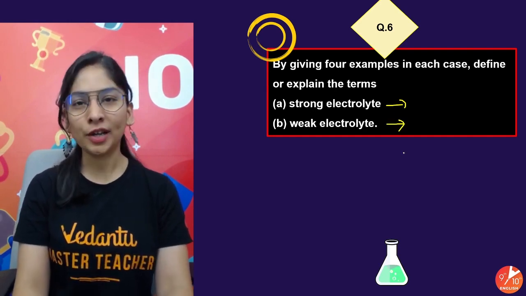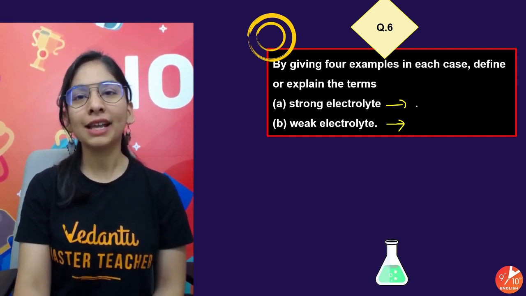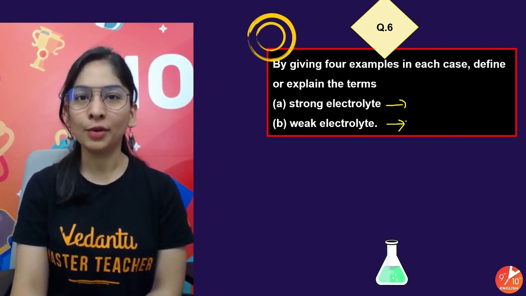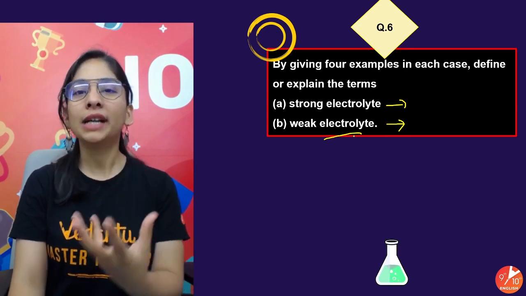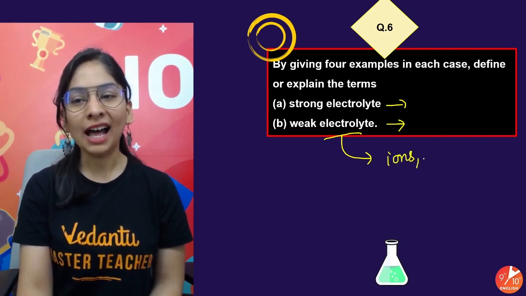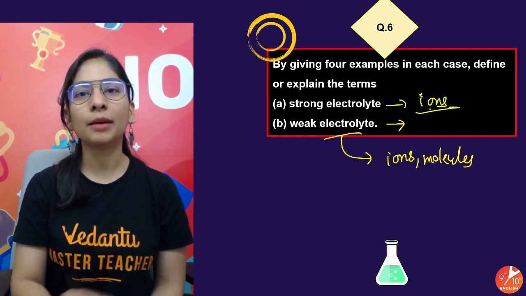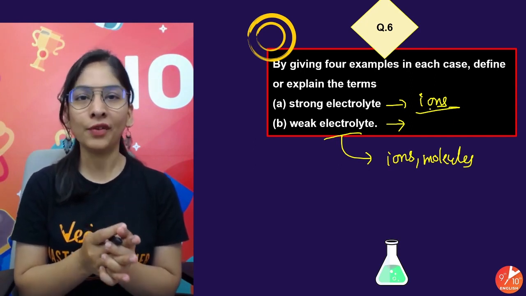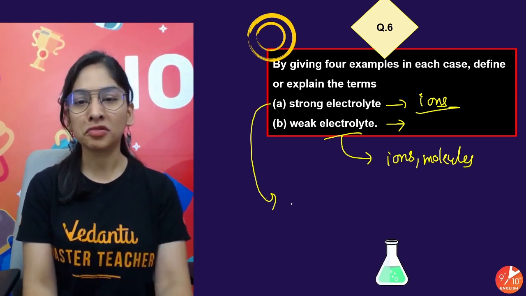Again, that's not a difficult question to do because somehow we already got to know about the same. Strong electrolytes are the ones that are almost completely dissociated in the form of ions, and weak electrolytes are the ones that are not completely dissociated, more like partially dissociated in the form of ions. So that will contain ions as well as molecules. But when I talk about strong electrolytes, "complete" is more of a myth, so almost completely dissociate in the form of ions. For strong electrolytes, you can take the example of strong acids, strong bases, and some salts also,